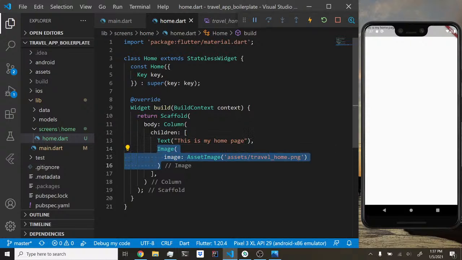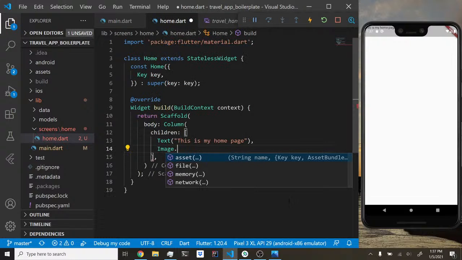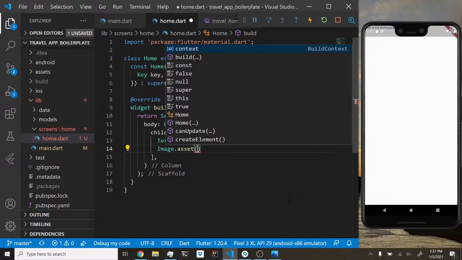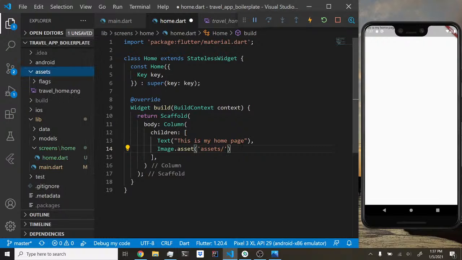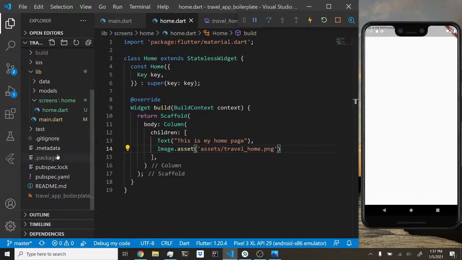I suppose I can try to fix it by showing you the other way of importing an image as well, which is starting with using Image dot asset, which is another way of importing this. And then we'll specify the same exact way. And as I'm saying this, I now completely recall the issue in terms of why that picture is not showing up. And I'm about to show it to you after I finish typing this in. So assets, and then slash travel_home.png. If I save that, nothing should show up necessarily, but if I go down to this file called pubspec.yaml,